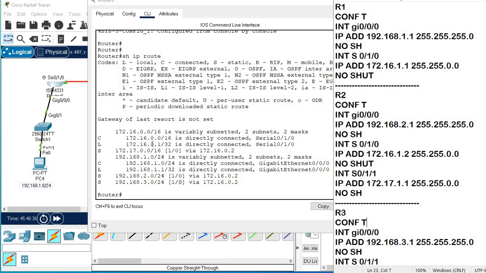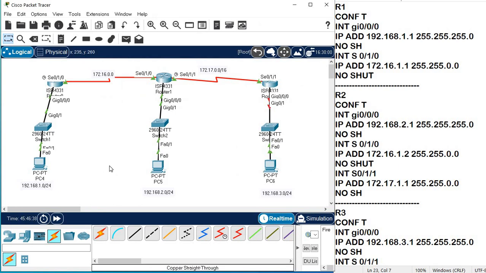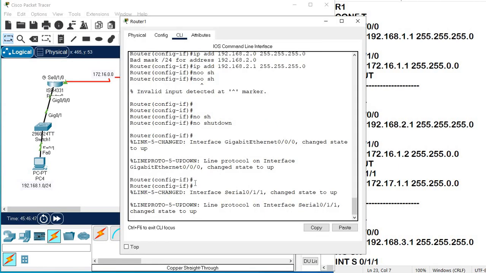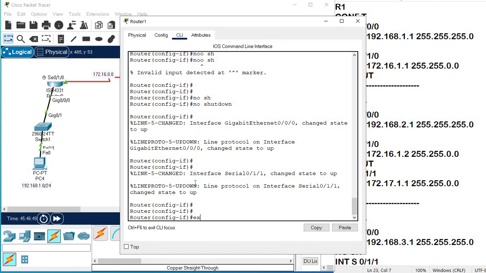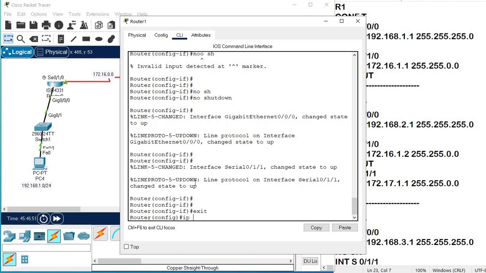Okay, then we'll go to the second router. Similarly, I have to add the 1.0 network and the 3.0 network. Only two networks I have to add here, because 3 is already connected here. Second router, I will go to configuration, IP route,